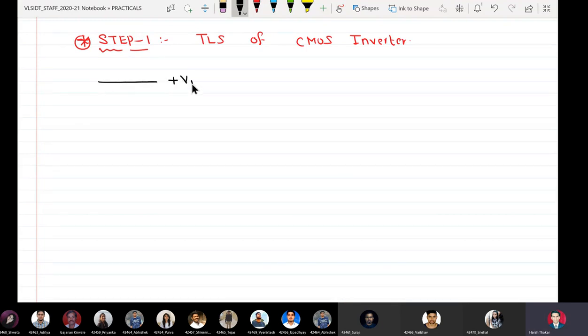In the class also we have been doing this: we first make the power rails VDD and VSS, and then, because we are thorough with our circuit diagram, we also define the output Y. And you know that there is a PMOS between output node and VDD, and there is an NMOS.